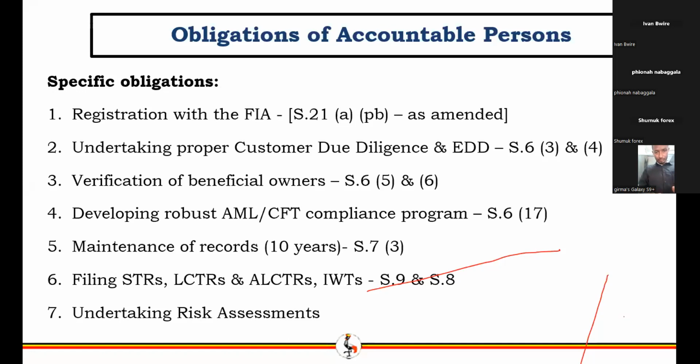Even if they're not high risk, you still have to obtain adequate information on their identity and verify who they are. So a robust AML CFT program has 4 components.